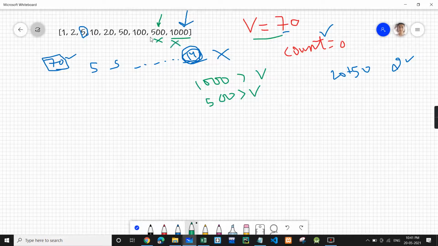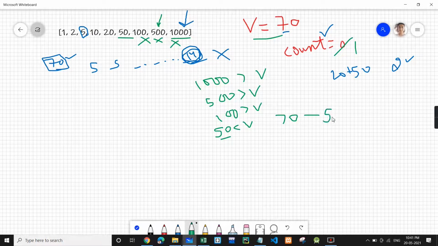Then we go to 100. 100 is also greater than V, no use to us. Then we get 50. Now 50 is less than V, which means we can take this coin. So we will take the 50 coin. The count variable will increase, and now the leftover amount which we have is 20.